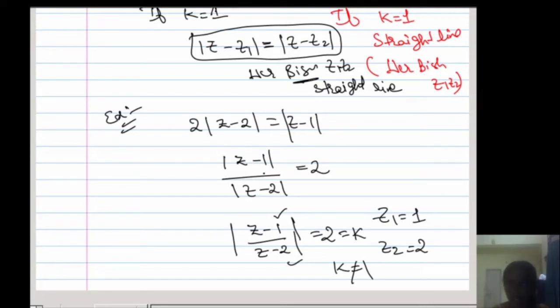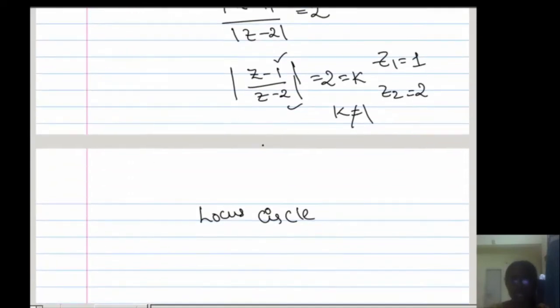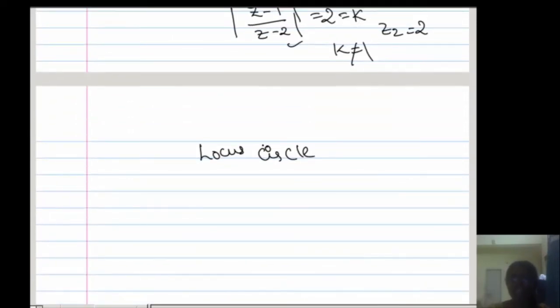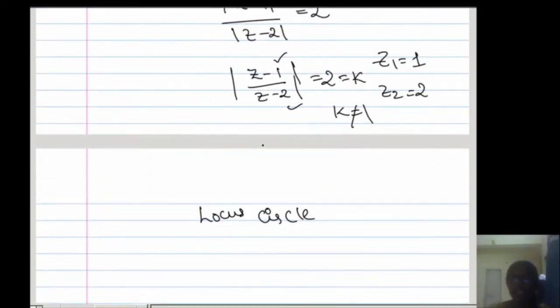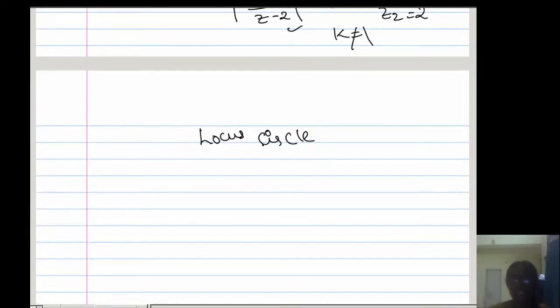I did it in that way. Then you can see that we can understand what the center and the radius of the circle are. For example, in an objective question they don't ask anything more, just whether it is a circle, straight line, ellipse or hyperbola. If they ask like that in objective questions, then there is no need of doing all those things. By using this shortcut method, you can say that the locus is a circle. If k is equal to 1, then I can say the locus is a straight line, which is nothing but the perpendicular bisector of AB. Okay, understood?